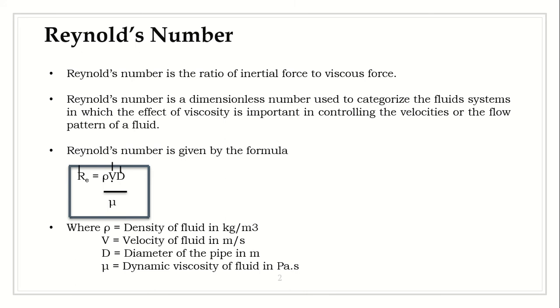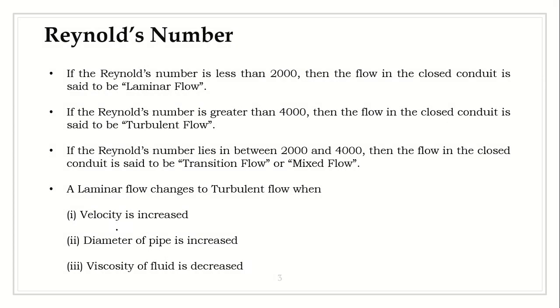Similarly, your Reynolds number is proportional to diameter also. If the diameter is increasing, Reynolds number automatically will increase, means the flow is again changing from laminar. And you see viscosity is in the denominator, means if viscosity gets reduced, then Reynolds number will increase. Yes or no? Yes. If the viscosity of the fluid is less, it will run faster, correct? If you take the example of oil and water, which will run faster? Obviously water, because the viscosity of water is less when compared to oil. So the less the viscosity, the more the Reynolds number, means laminar flow is getting converted. So velocity is increasing, diameter of pipe is increasing, and viscosity is getting reduced.